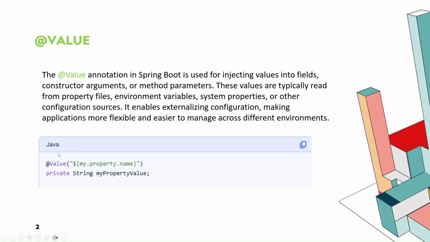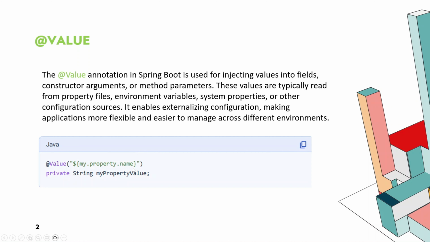If you look at the syntax, we use a private String property, and we use the @Value annotation in which we pass my.property.name. The my.property.name entry key will be there in application.properties, so we are reading that particular key